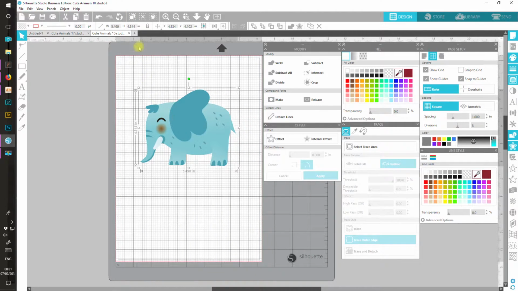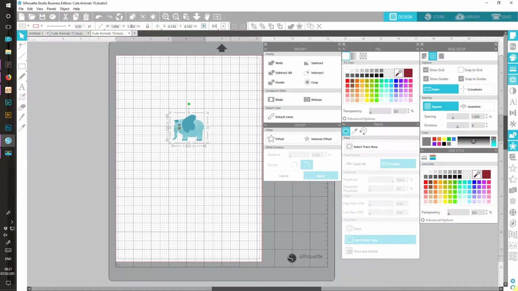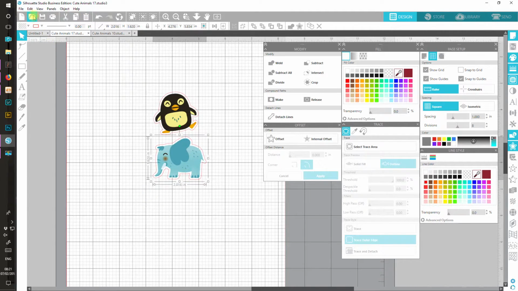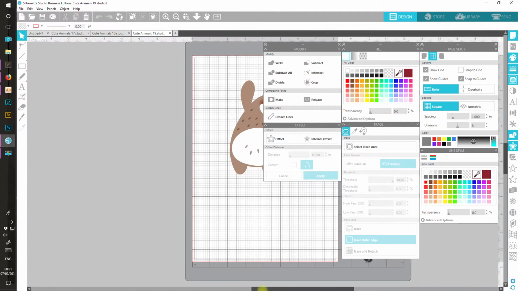And let's resize this. I'm going to keep the same height, 1.5 inches. Press enter, and then I'm going to do my offset of 0.06 and click apply. Draw around both and group together. Now I'm going to copy it and paste it over here to go with my penguin. Next I'm going to open my third animal,